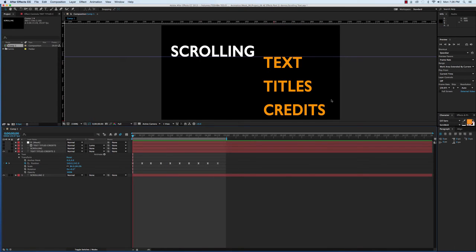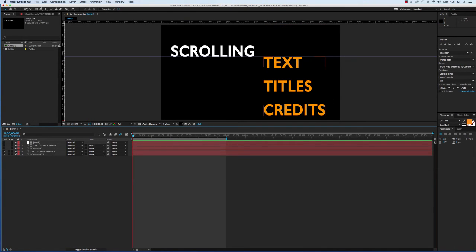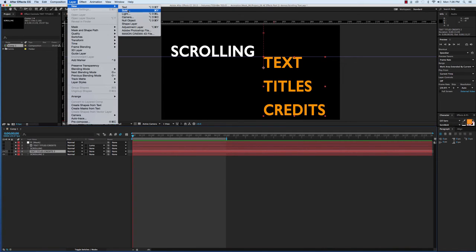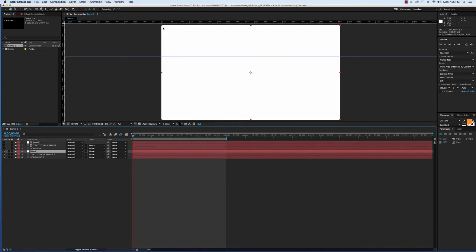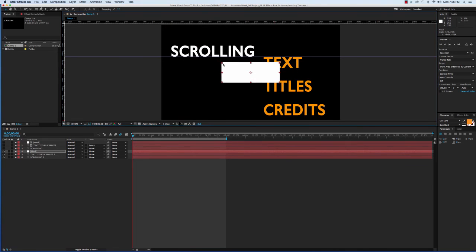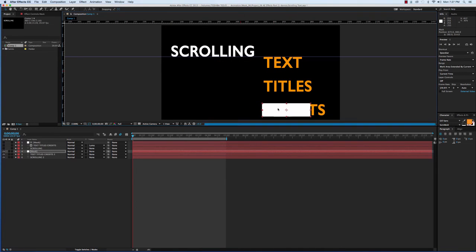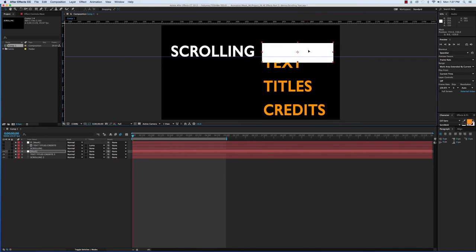Now, once I've created my position animators, I'm ready to create my mask. I'm going to put the mask above my text and title by going to Layer, New Solid Layer. We're going to go ahead and name this mask. And I'm going to resize this box so that it is bigger than the largest word that I have. So you see how it covers up the largest word. And then I'm going to position it right above